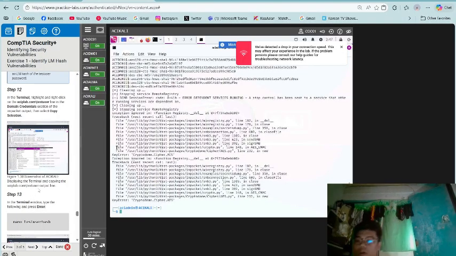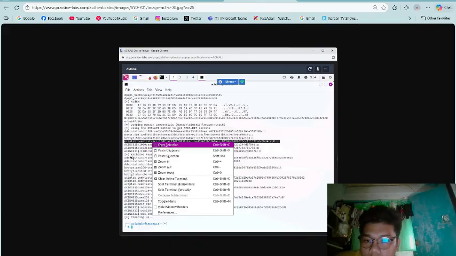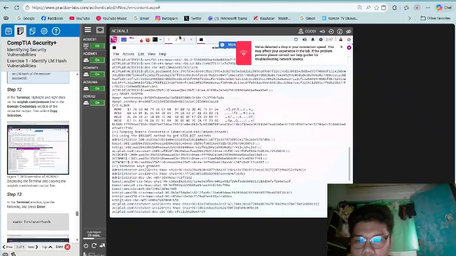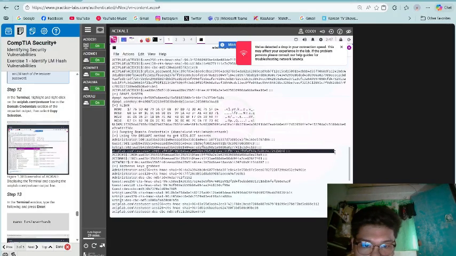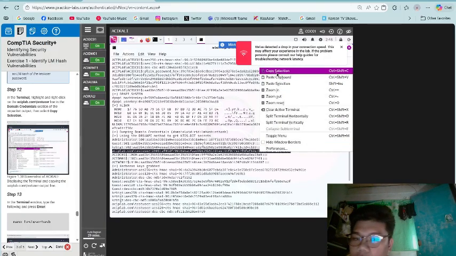In the terminal, highlight and right click on the ACIPLAB test user line in the domain credentials section of the Impacket output, then select copy.